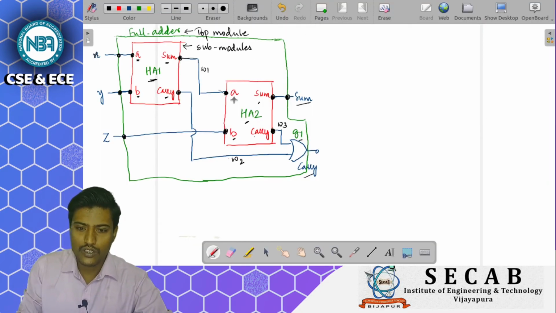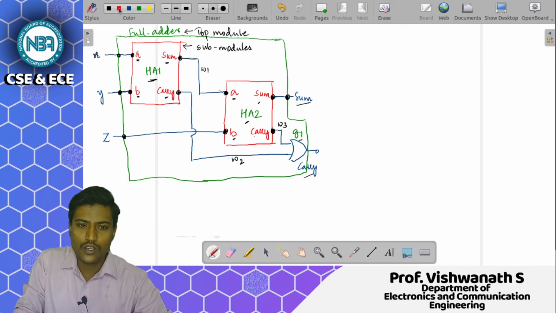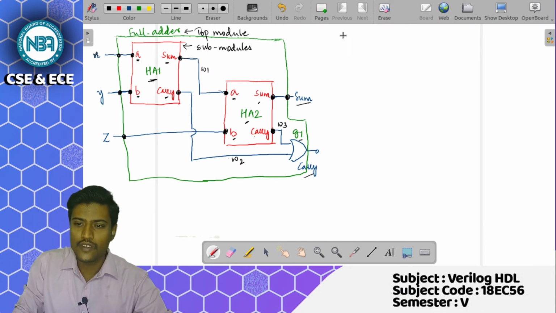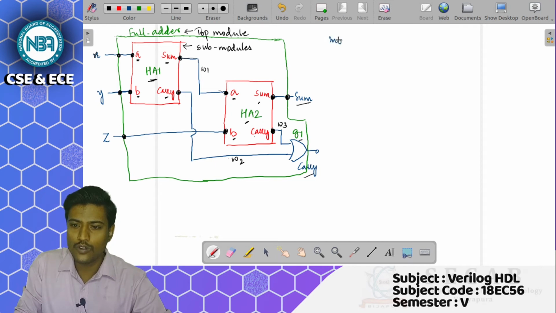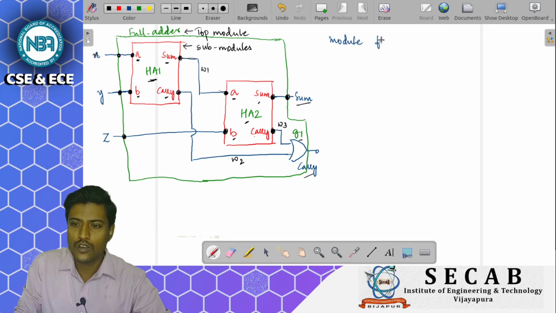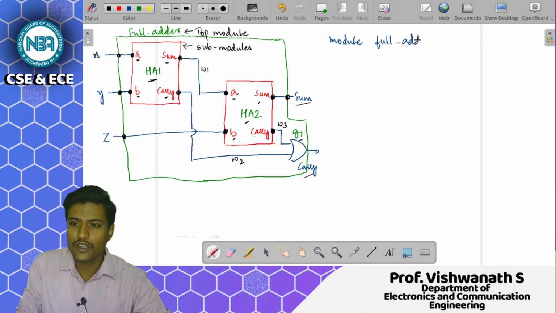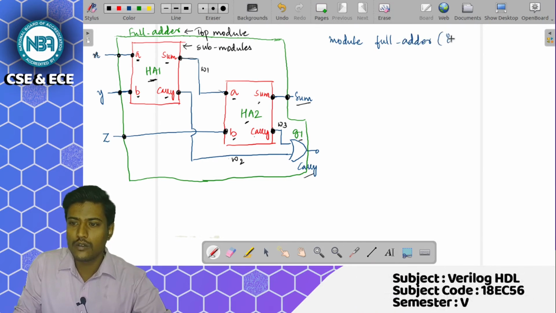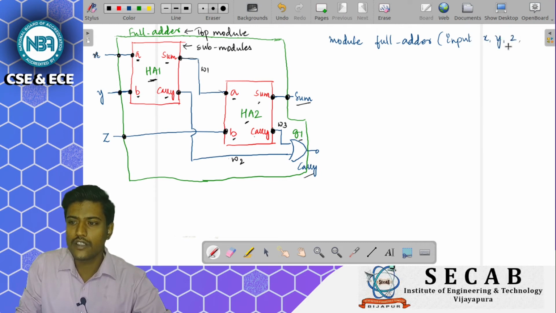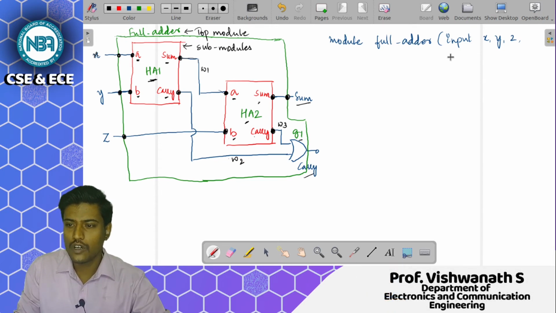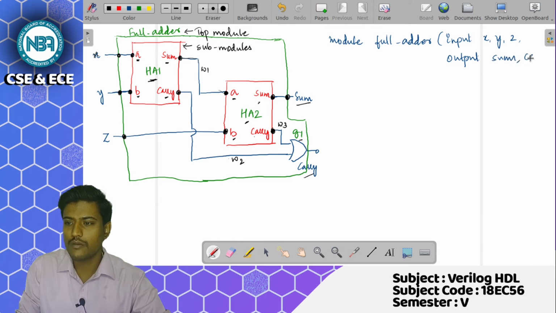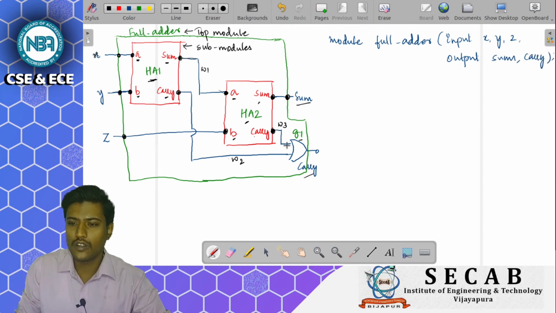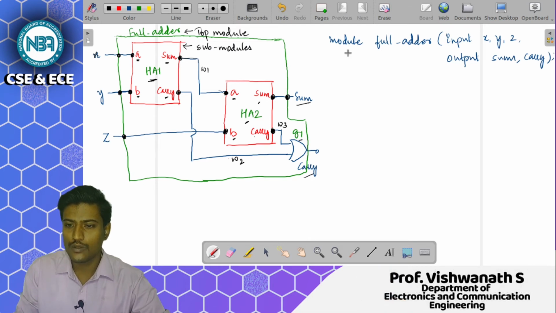I'll write module, then the module name full_adder, and my inputs are X, Y and Z, and outputs are sum and carry. Then this module has to be closed, so I'll write endmodule.